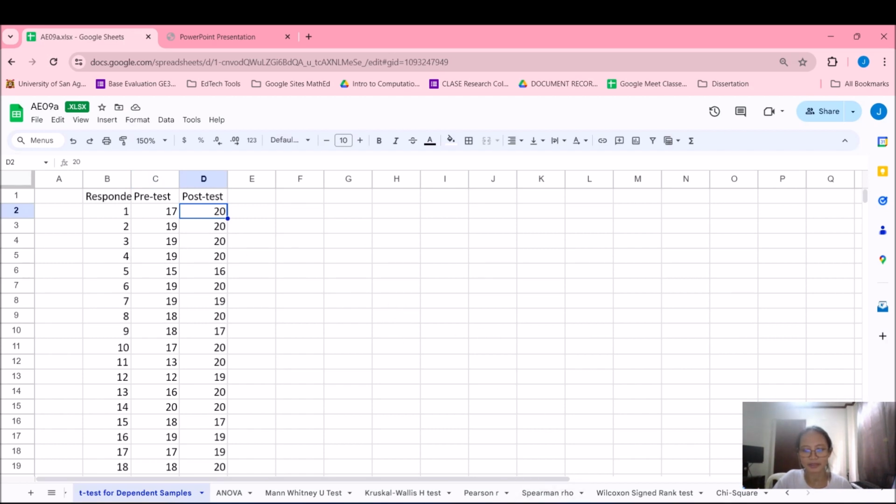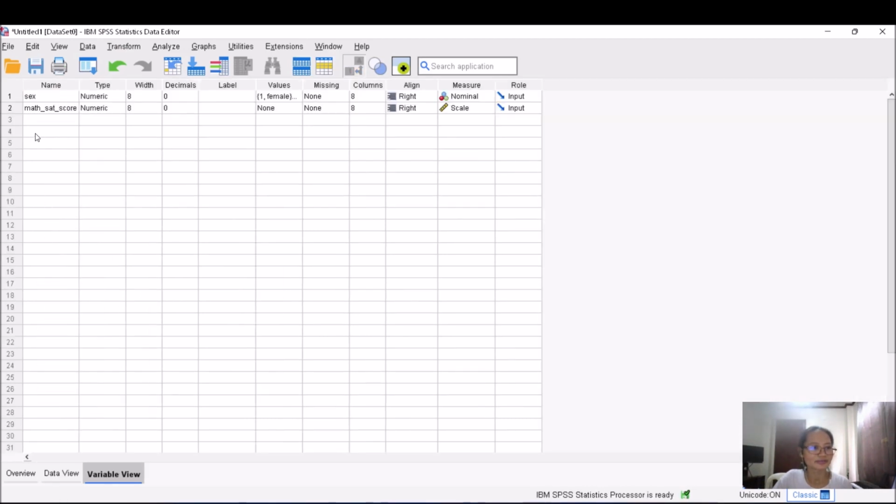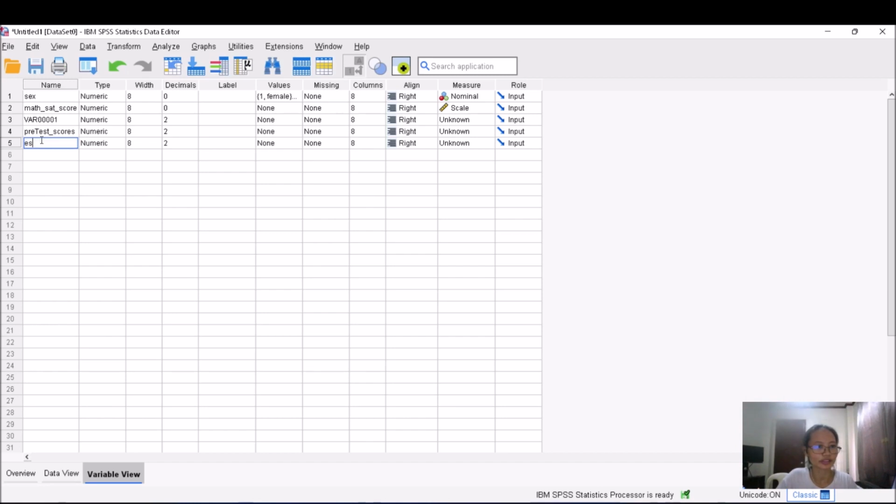after reading the pamphlet. So in your SPSS, just add another row here. It's not actually suggested to do that, but since this is a demonstration, you can just have pre-test, pre-test scores, and then you have your post-test, post-test scores.